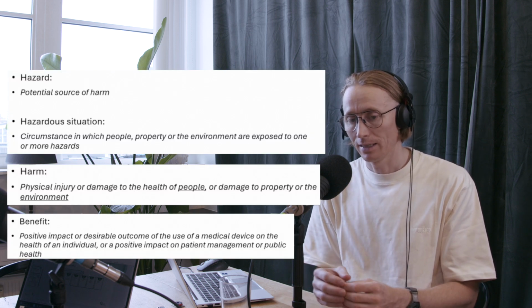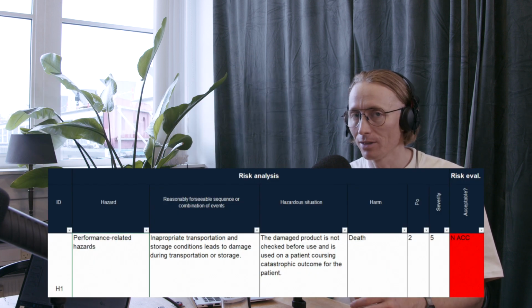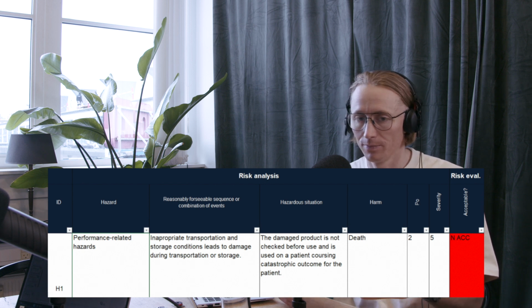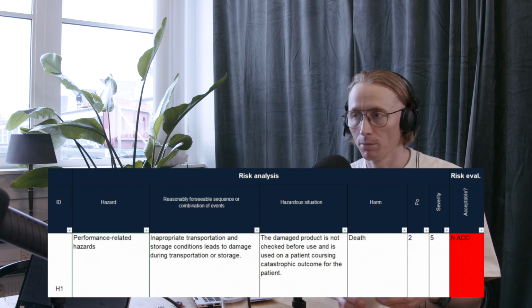Yeah, so each time you created your harm, you're going through the risk from a hazard to a harm, and that harm to a certain risk would then be mitigated. You can never lower the severity because a severe bleeding is always a severe bleeding. But you can lower the probability by mitigating it. And that could be through your, as you say, clinical studies or whatever it is. Meaning that once you have performed your clinical study, you need to re-evaluate if the probability of that occurrence is actually correct.